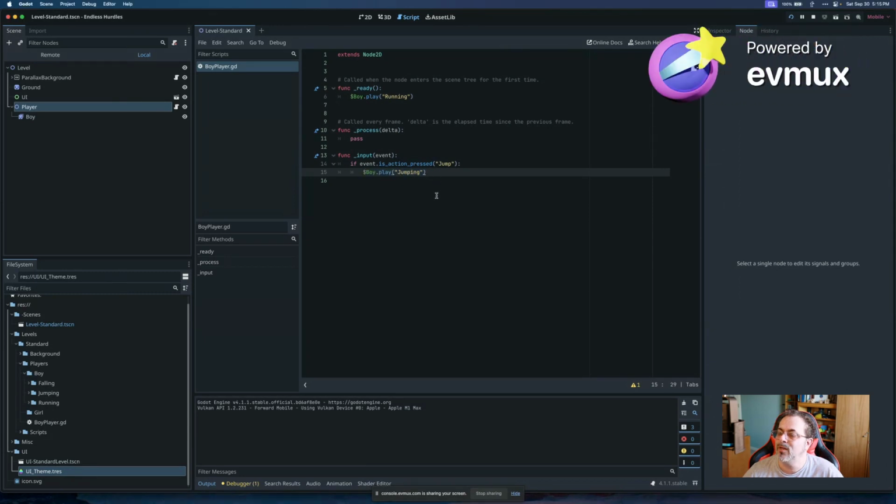Okay, so let's think. I'm trying to apply, if I think about this logically, how would I do this? I know how I would do it with other gaming engines like SpriteKit, but I don't want to be checking a bunch of stuff every frame. I gotta believe that probably there's something,